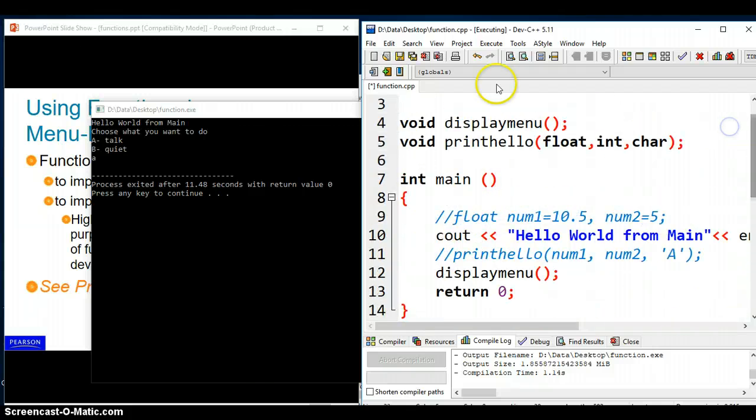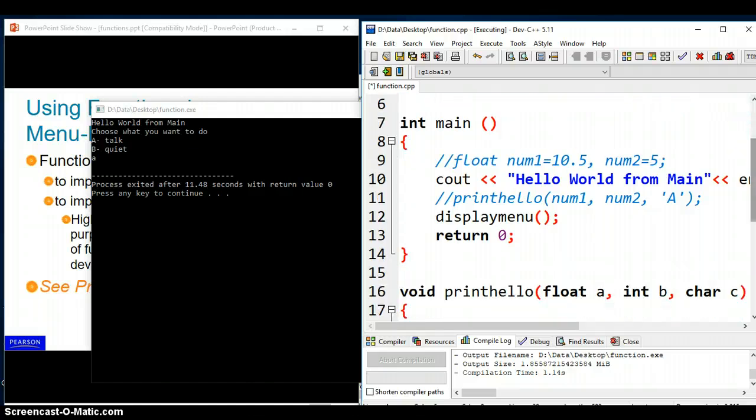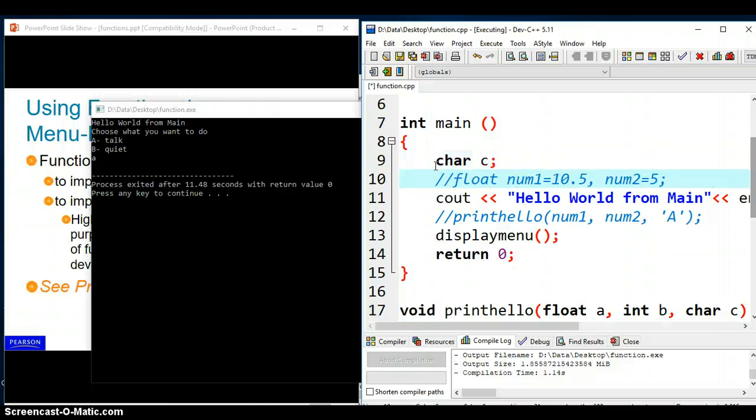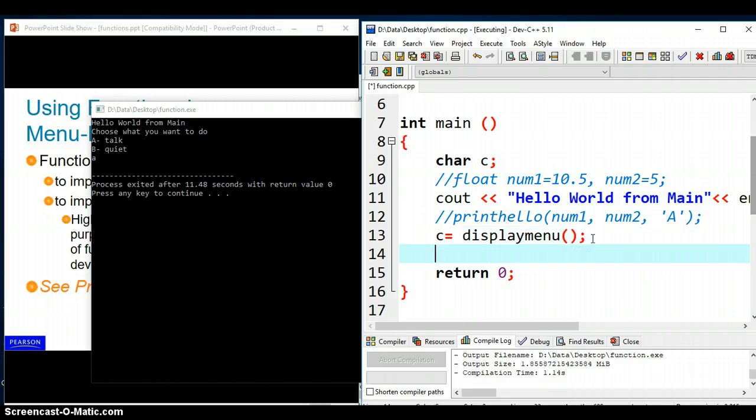So now I have to change my displayMenu to return char, and how it is accepted here is different. I have to have one variable, char c. So now I have to put something like this: c equals displayMenu. And now I want to print